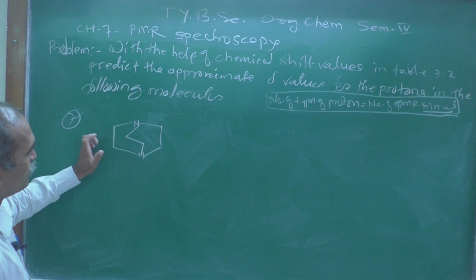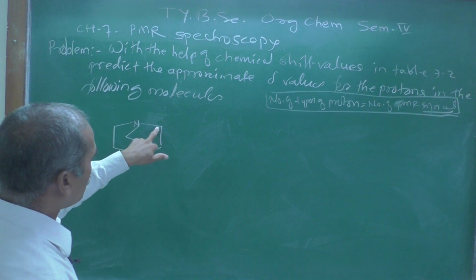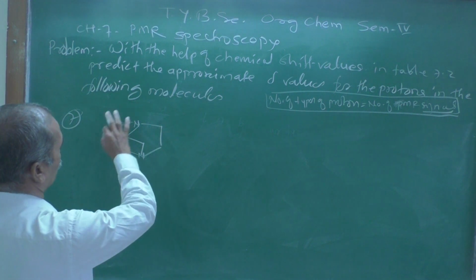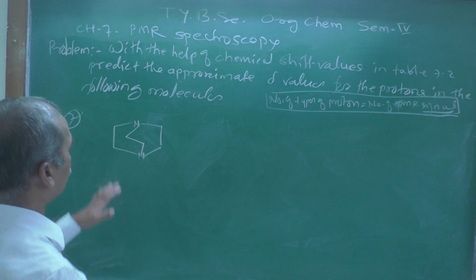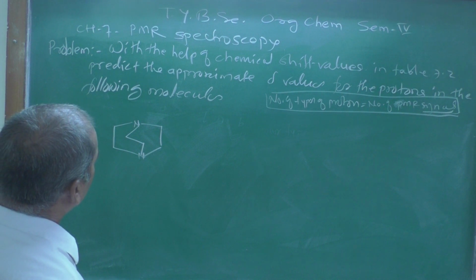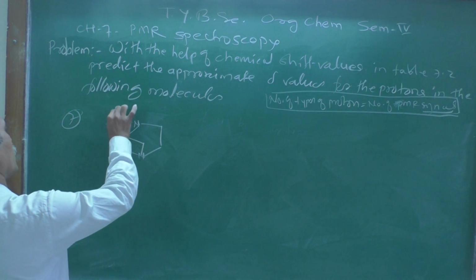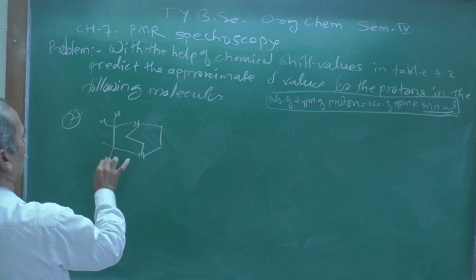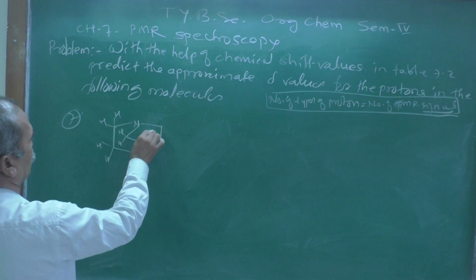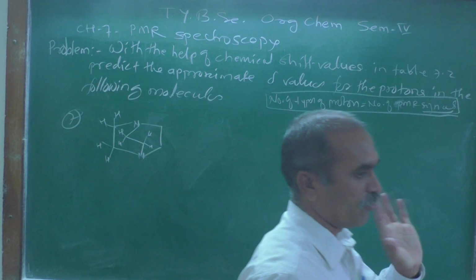This corner also 2 hydrogen atoms. This corner 2 hydrogen. This corner 2 hydrogen. This corner 2 hydrogen. This corner also 2 hydrogen atoms. Means total number of hydrogen atoms present here are 12, right? Here 2 H and H, here also 2 H and H, here also 2 H and H, here also 2 H and H, because carbon atom has a 4 valency,